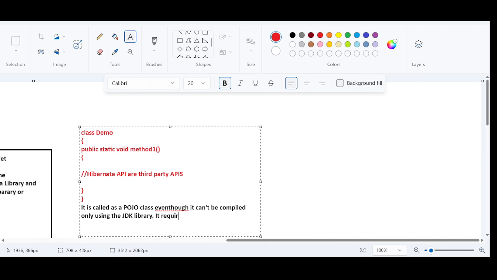It requires the Hibernate library. Only if it is extending or implementing third-party APIs can we conclude that it is not a POJO class. This is one exceptional case. What is the exceptional case? If it is using third-party APIs or libraries inside a method or inside a class, it is still called a POJO class, because the limitations are only for the extends and implements keywords. Hope you are able to understand. This is one case. Second case is